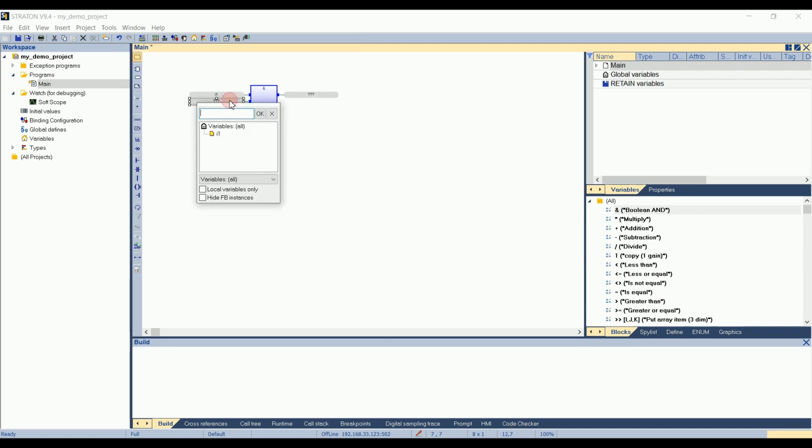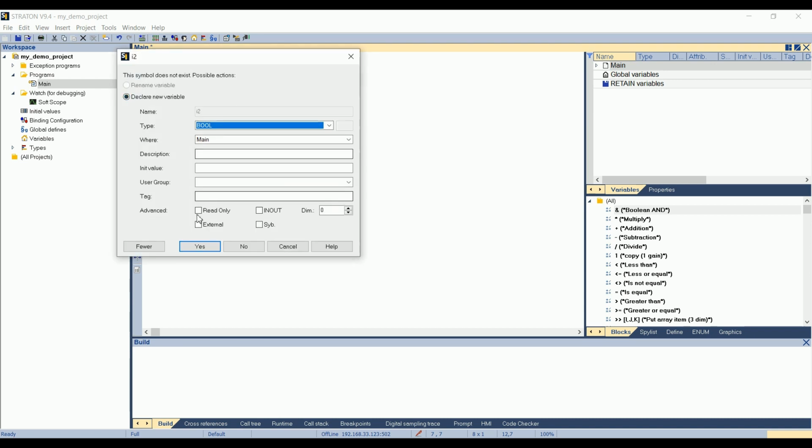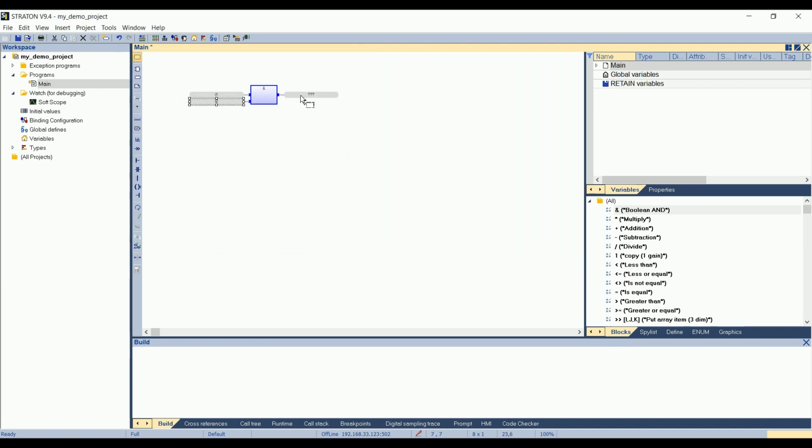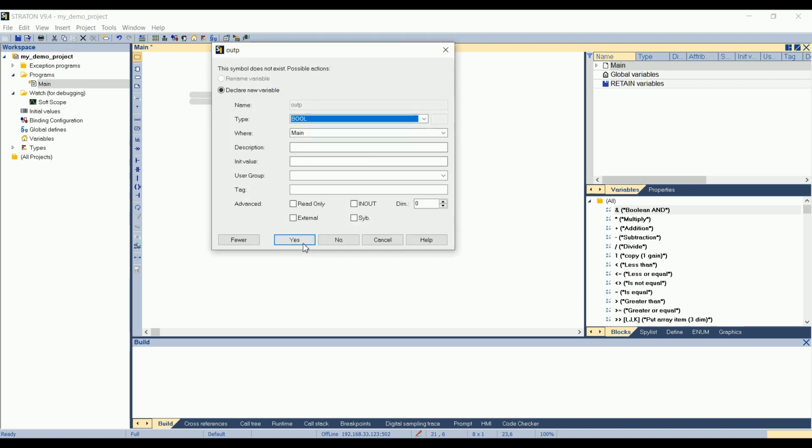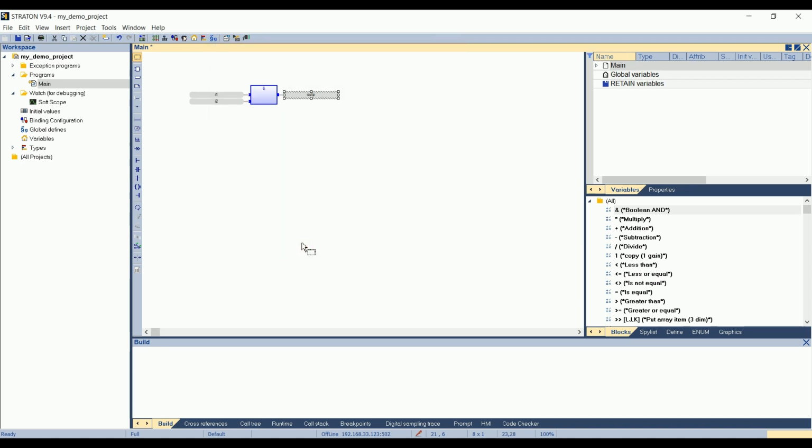Yes. Then declare the other variables. The output. Yes. The variables are now visible here on my variable dictionary on the right.